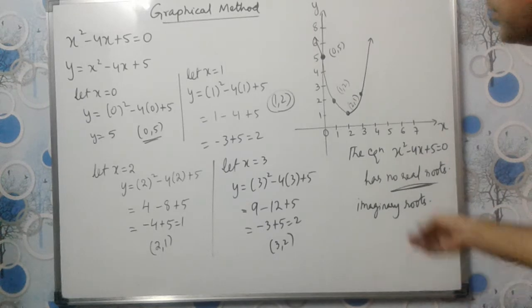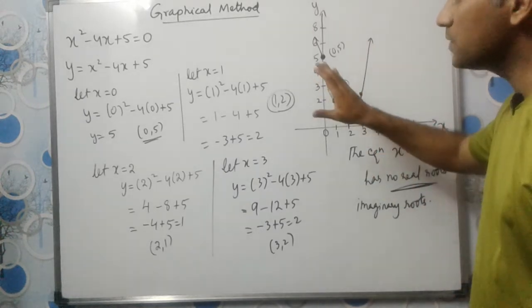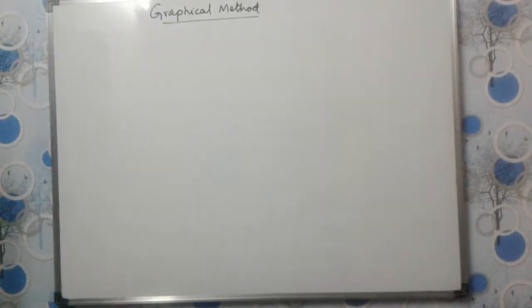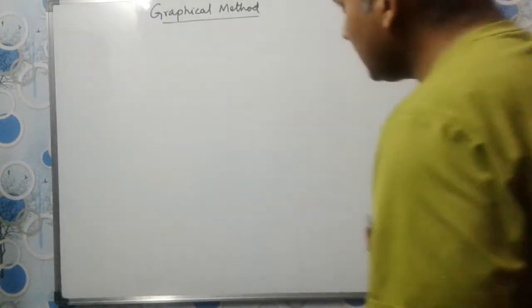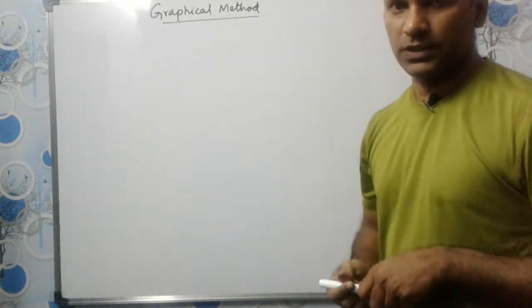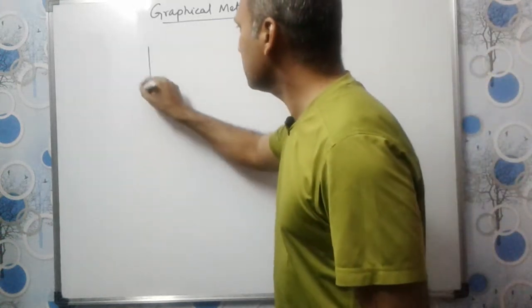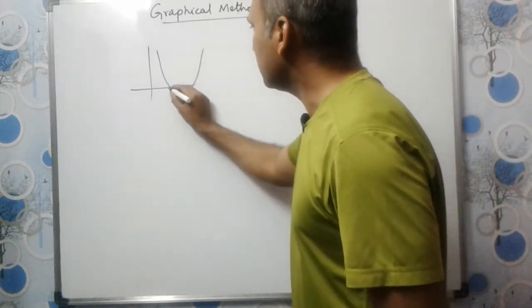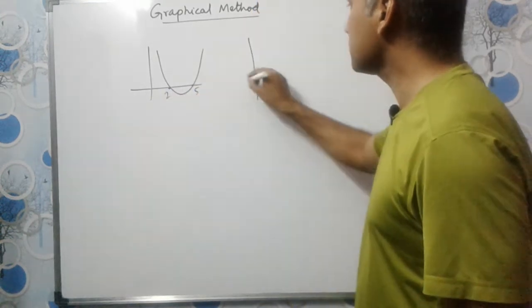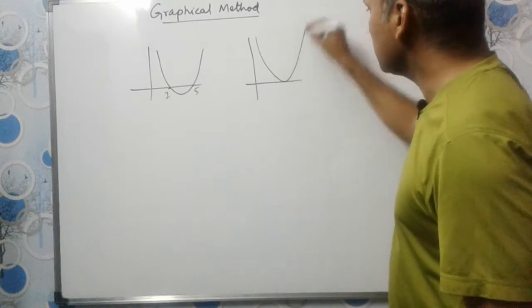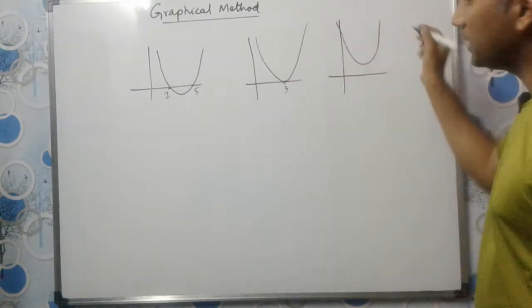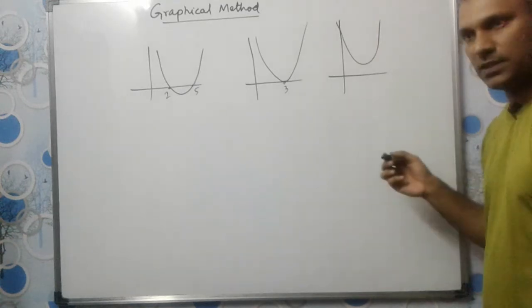Okay. Now I am going to pause the video and we will summarize what we have studied in this video. All right. So we have drawn the graph of 3 equations, right? So first one was something like this. It was touching at 2 and 5. The graph was touching x-axis at 2 different places. The next one was something like this. It was touching at only 3. The third one was like this. It was not touching at all. So only these 3 cases are possible.